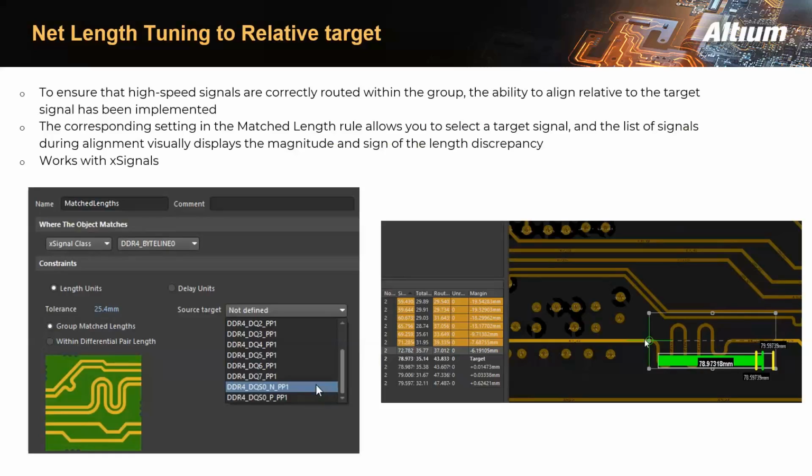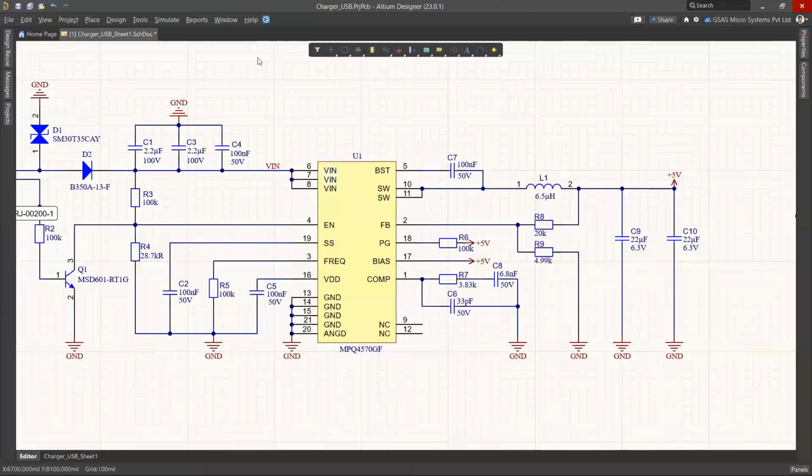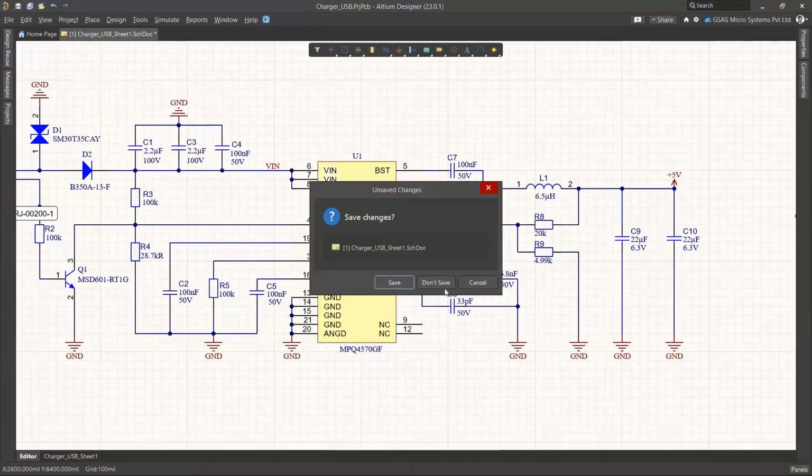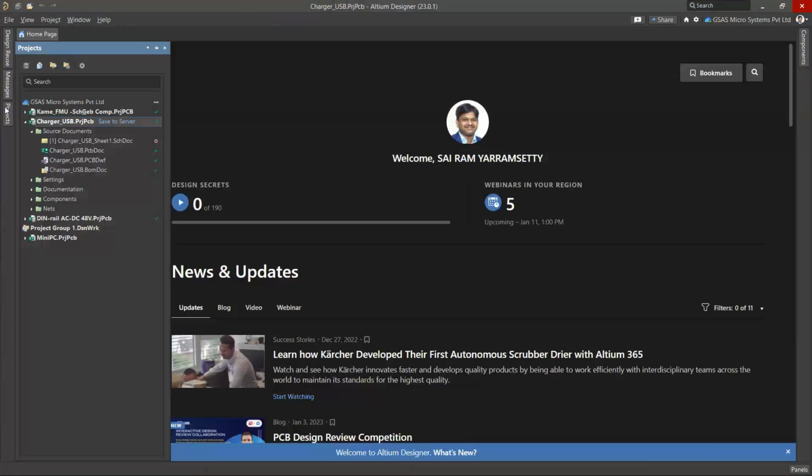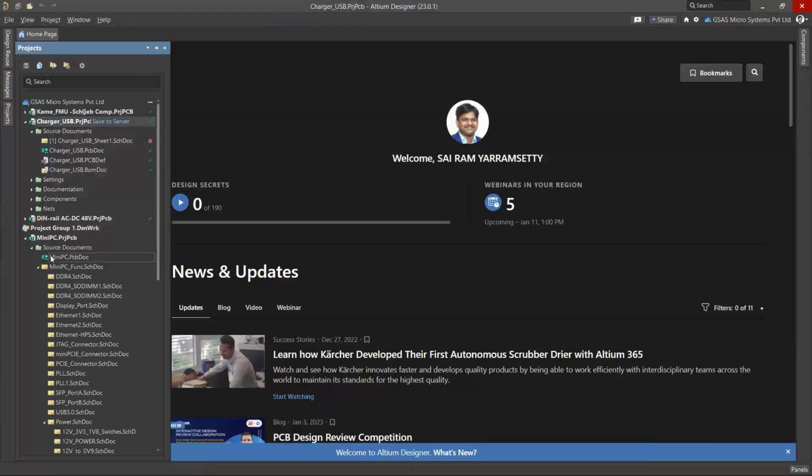This can be easily set through the design rules. So let's take a look at how we are able to match your length with the associated length of a net with this small tab. Let us close this. Now let us open this mini PCB, and we are going to open